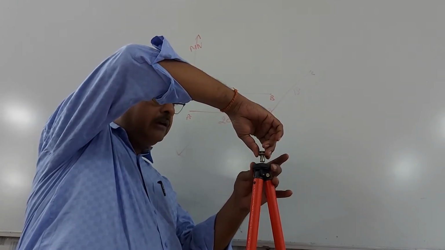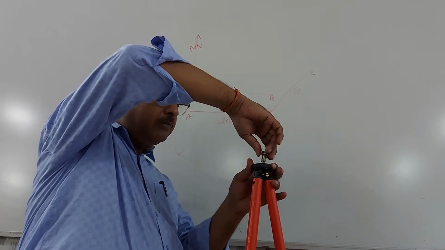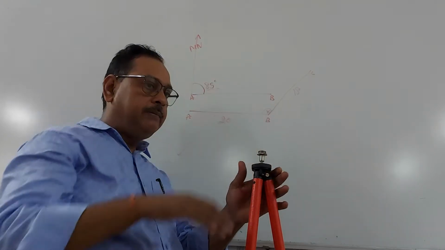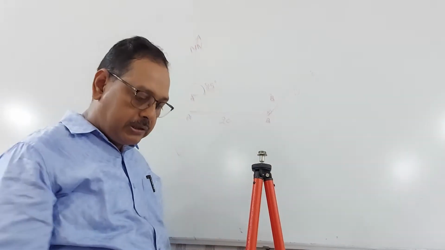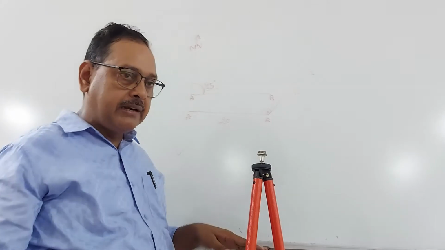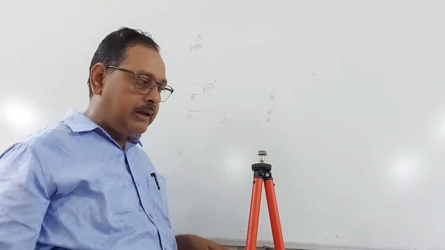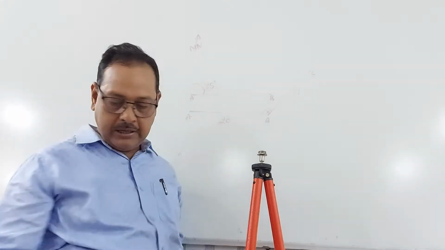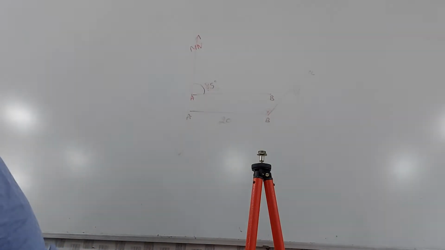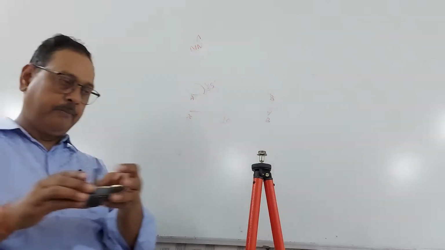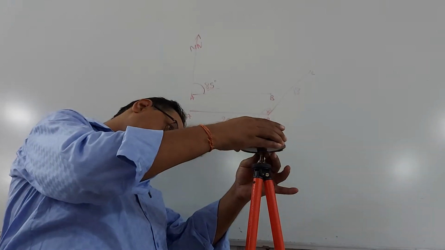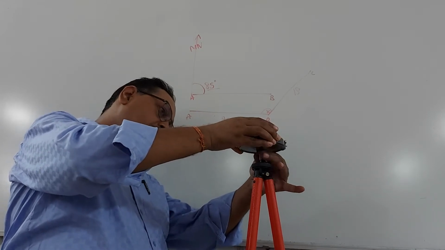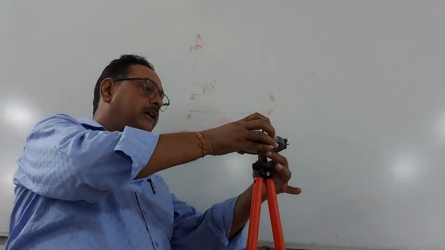If the station ground is normally level, then make it vertical. Otherwise, if the ground is undulated, meaning one leg is at a higher level and the second leg is at a lower level, then we have to adjust with the help of this ball and socket arrangement. Here, the ground level is stationary, so in that position, keep it here and rotate it to mount it. I am rotating this ball and socket arrangement and getting it mounted here.